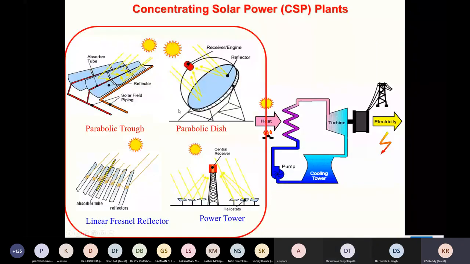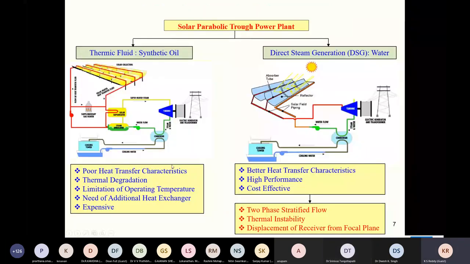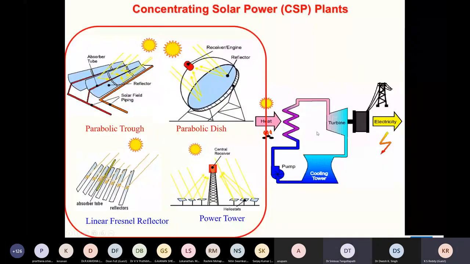These four technologies are very important for converting solar energy into heat, but they are available only in the daytime. But if you operate during the daytime, you can still produce excess energy, store it and use it later. And I have already mentioned the medium temperature and high temperature depending upon the technology. So now if you take, for example, this parabolic trough technology, how do we connect to this system? Then I will show you here two concepts, which we call thermic oil based, synthetic oil based.